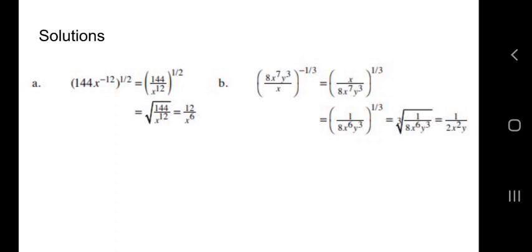So if we flip the fraction, we get x over 8, x to the 7th y cubed, and now we're going to take all of that to the 1/3 power, because the negative part of the exponent did the job of flipping it, and now we need to do the 1/3 power. So, however, before we take everything to the 1/3 power, we notice that we can simplify a little